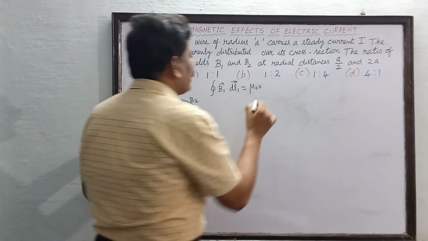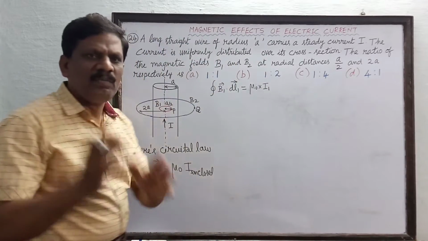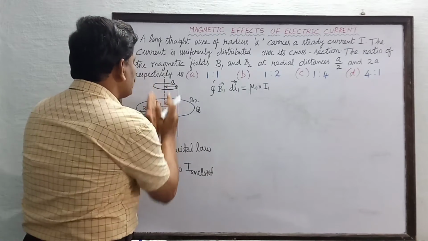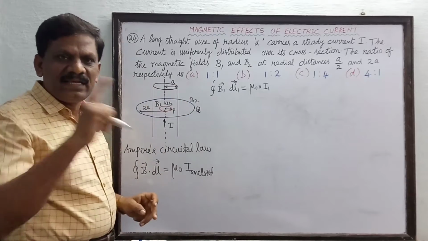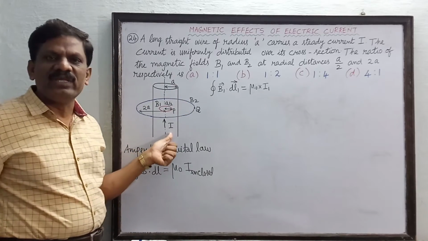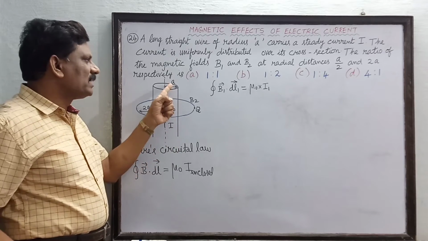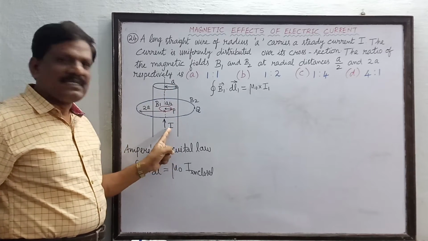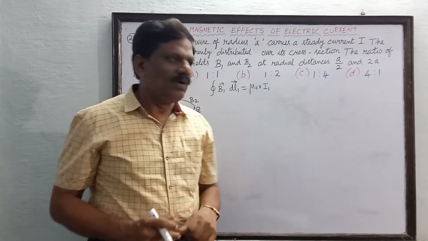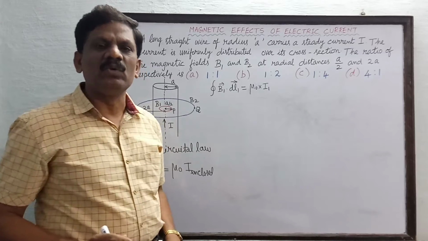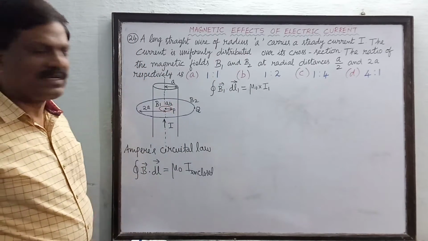I will take the symbol I1. So how much current is flowing only through this loop, inside this loop? Inside the entire conductor, how much current is flowing? You see, it is I ampere, is it not? I ampere is the current flowing through the entire cross section pi a square. So what should be the current I1 flowing through only this smaller cross section? We have to find out. It is having a uniform cross section.